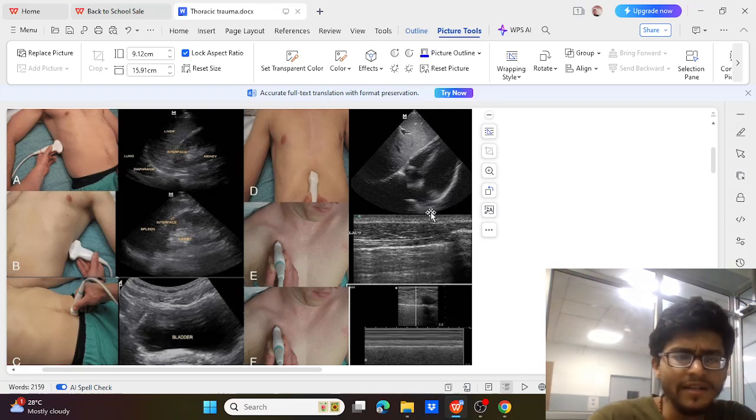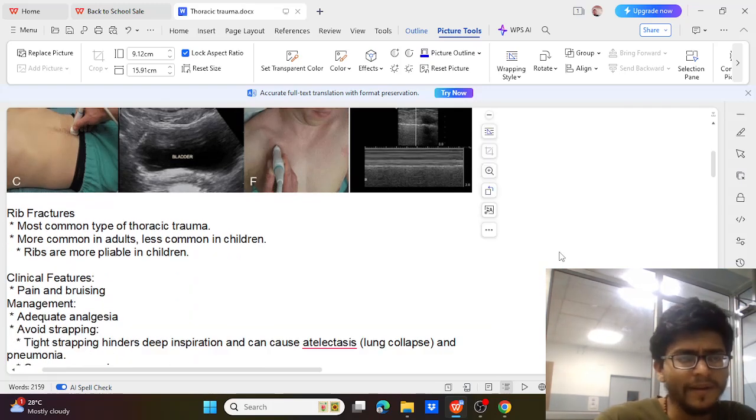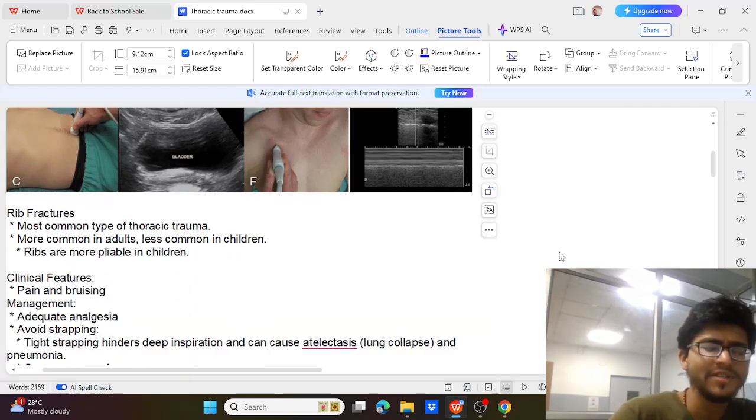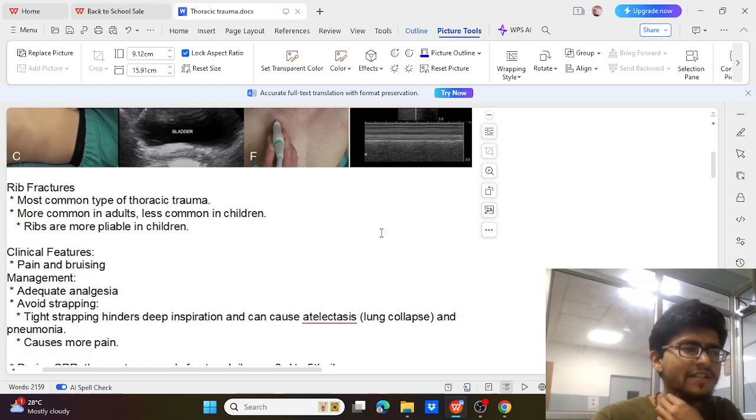So this is the basics of ultrasound, and every MBBS doctor should know this and try to learn this so that in case of emergency you can handle and detect emergency situations earlier and manage them well. So now coming to the injuries one by one. So most commonly these injuries are,